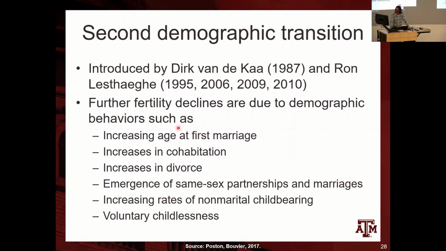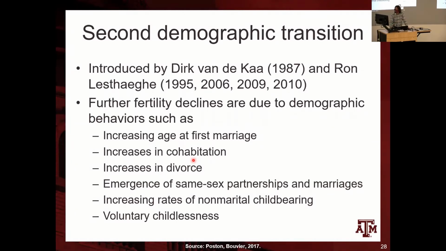And here are some of those factors that make fertility decline even further. Those factors are related to demographic behavior. So now people are getting married at older ages. People go to school, invest in their education, and then try to get a job, and then they get married. So they postpone getting married. There are increases in cohabitation. Partners might be living together even before they get married, but while they are cohabiting, there is a higher chance of them not having kids. They postpone having kids while they're cohabiting, and just after they get married, they have kids. Of course, there are different trends, people having kids before getting married, and people having kids even before cohabiting, and so on. But this increasing age at first marriage and increasing rates of cohabitation influence